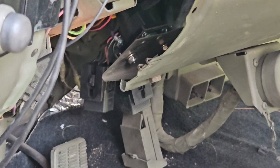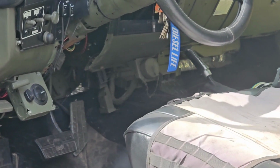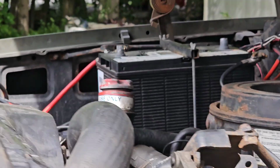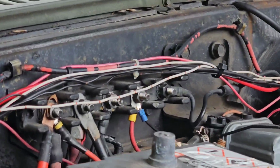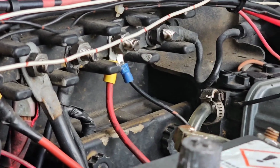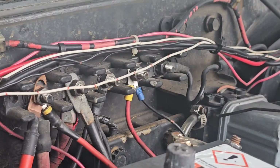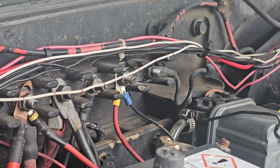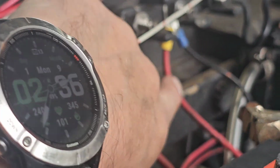Anyways, this M1009 has been sitting since last winter. Last winter I had an issue where the wires started smoking, and I didn't get around to figuring out what it was until this week. So I had to do a lot of research because I don't know enough about the electrical system. I know you have the wiring diagrams in the manuals and I know how to read those, but it just didn't seem clear to me. But basically what was happening is this wire right here